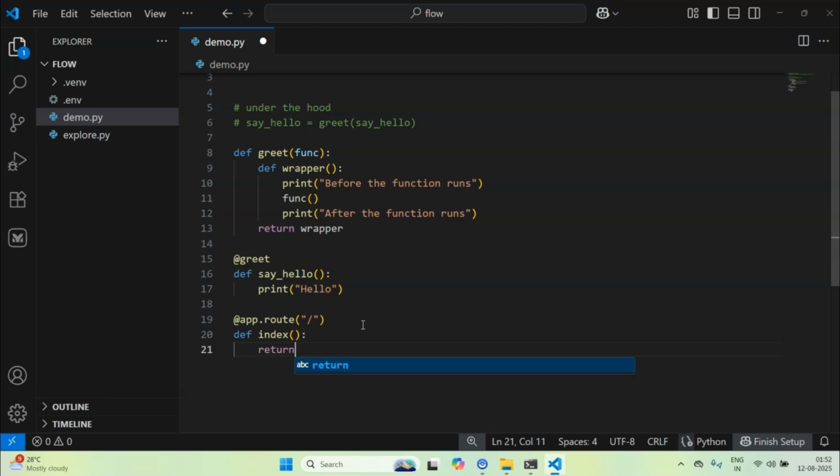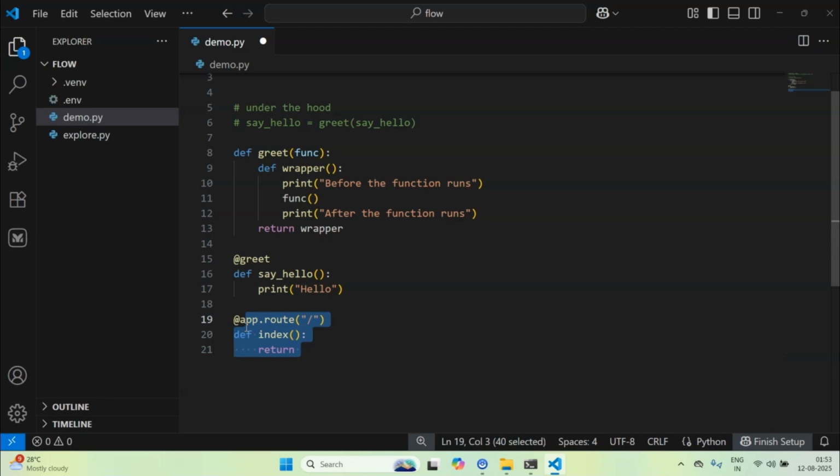So now when you say app.route, it basically tells Flask, hey, when someone visits this endpoint, run this function. Okay, so in all these cases, wherever you use a decorator, the @ thing is just a function that takes your function, tweaks it and hands it back. I hope it makes sense.